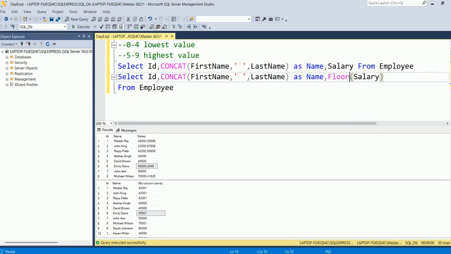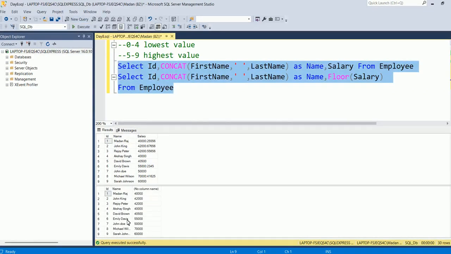So floor function is totally the opposite of ceiling function. So here now you may observe the Emily Davis, her salary will be 55,000 only. Okay, so let me execute the query now to show you. So as you can see here, her salary is 55,000 because now we are using the floor function, so it is again the lowest value. Okay,